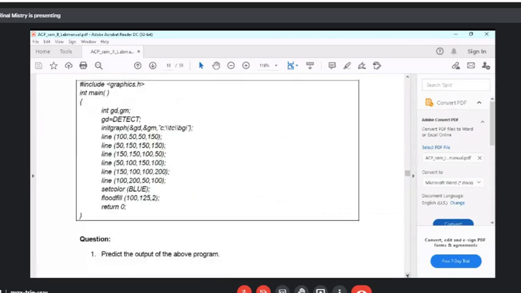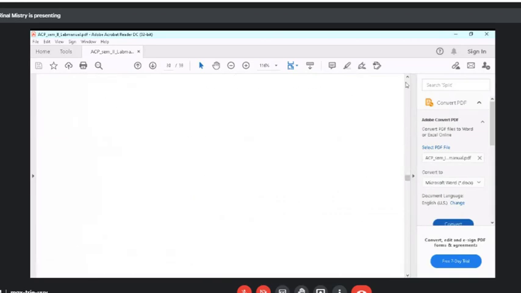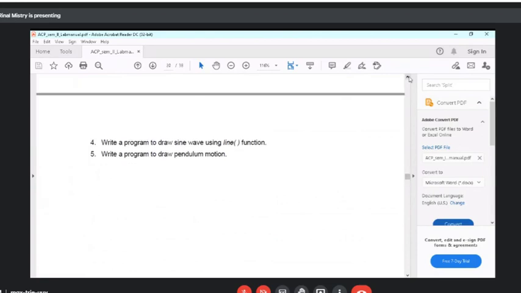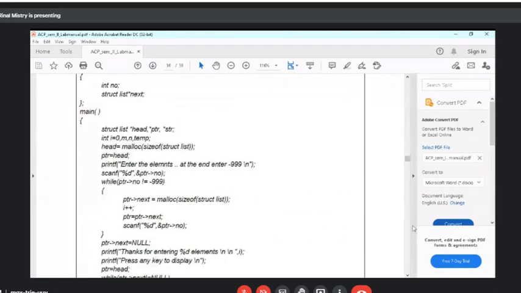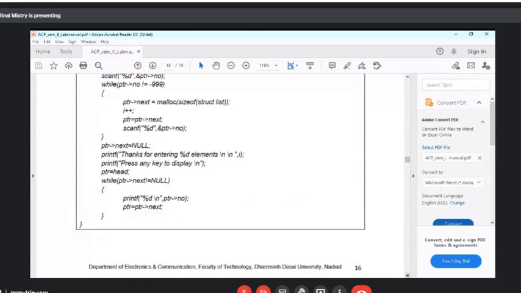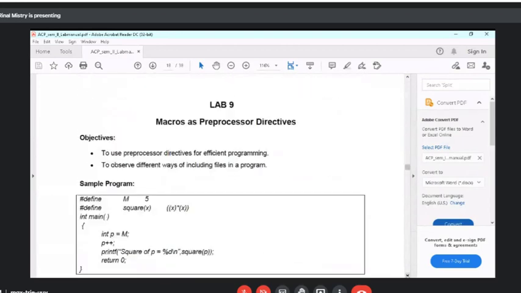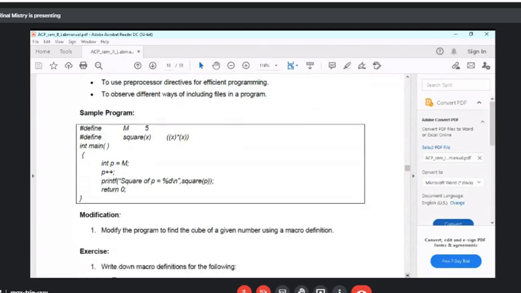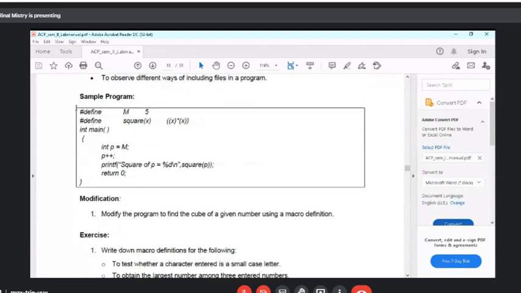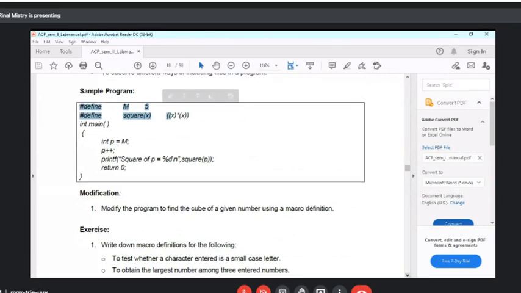Okay, and then C graphics. Okay, fine. चलो ठीक है, so mostly in the next lab we'll go for this C graphics and linked list. जो macros है उसमें actually इतना tough कुछ भी नहीं है. The preprocessor directives you already used previously. #define use किया है सबने आगे previous programs में exercises में.